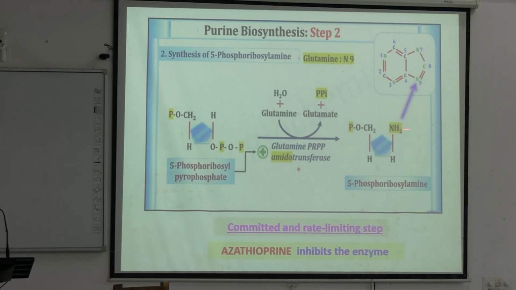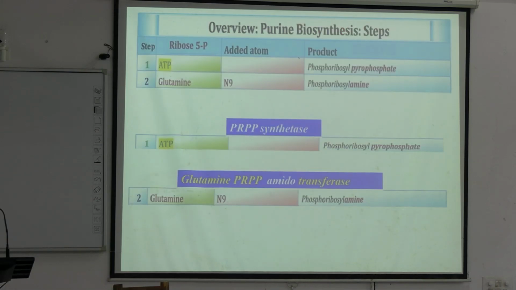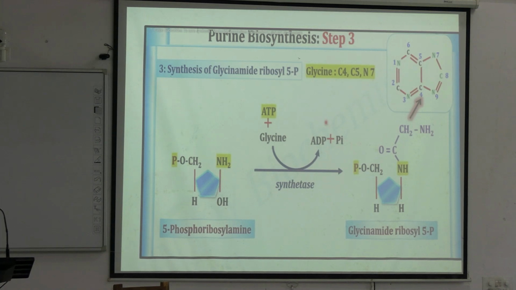This you will get in the book. Only the arrow you may not get it. I am showing it to you. Now this first step occurred. Then I said that this will move in this direction. So glutamine PRPP amidotransferase is the enzyme, and in the second stage,